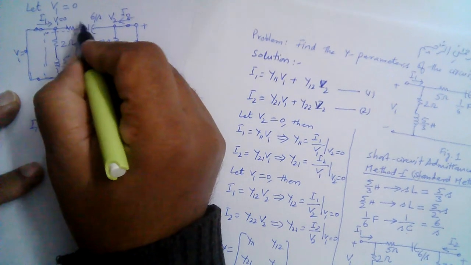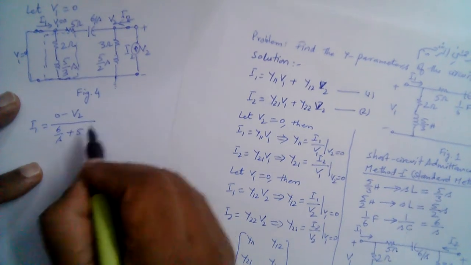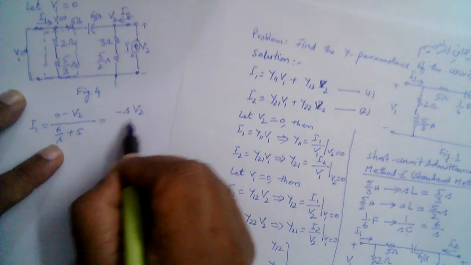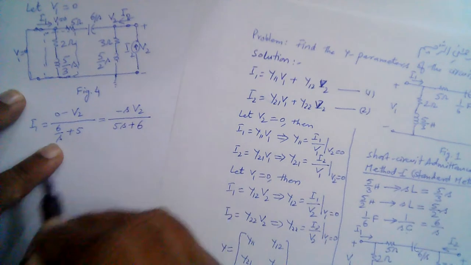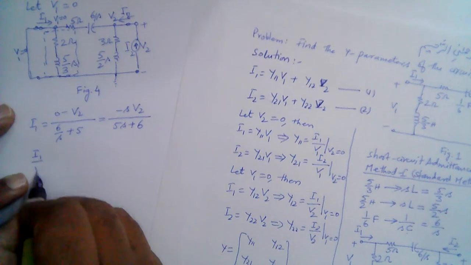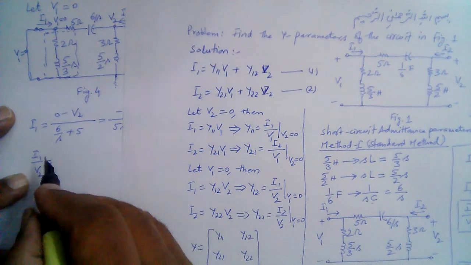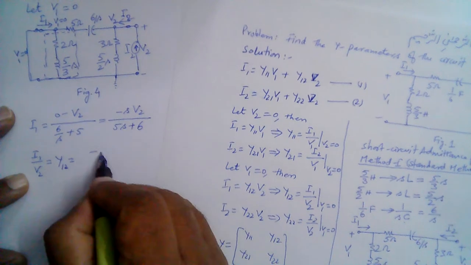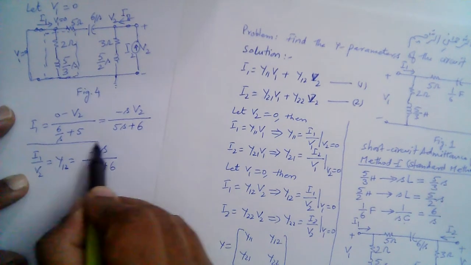divided by 6 over s, and this is 5 ohm, right? This is 5 ohm, 6 over s plus 5, and that is minus sV2 divided by 5s plus 6. So that means I1 divided by V2. So I1 divided by V2 is equal to Y12. So Y12 is equal to minus s over 5s plus 6. So this gives us the third parameter,